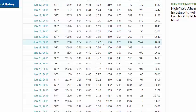But we won't be looking for our maximum gain. What we'll be looking for is potentially a 100% return on investment. So if that pops up to around 46, which it should do relatively easily if it does start to trade back within that range, then we should be good to take a nice healthy profit off that whilst risking very little. So for example, if we were to enter 20 contracts of this, we'd do 20 of the 198, 20 of the 202, and sell 40 of the 200. And that would cost us a total of $460, and obviously we're looking for around the $1,000 return,